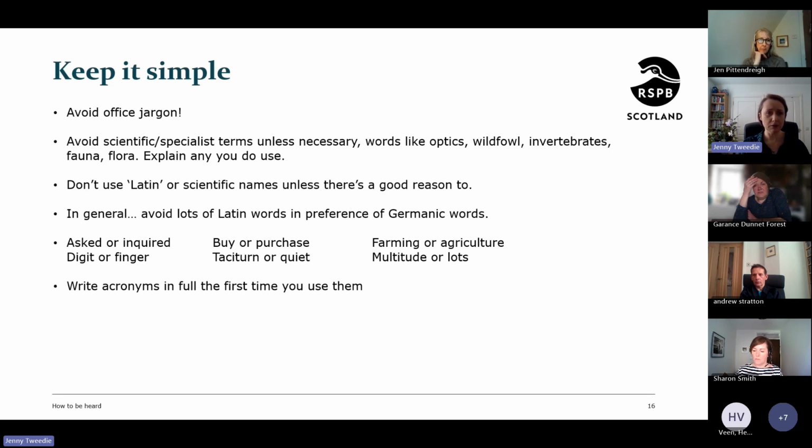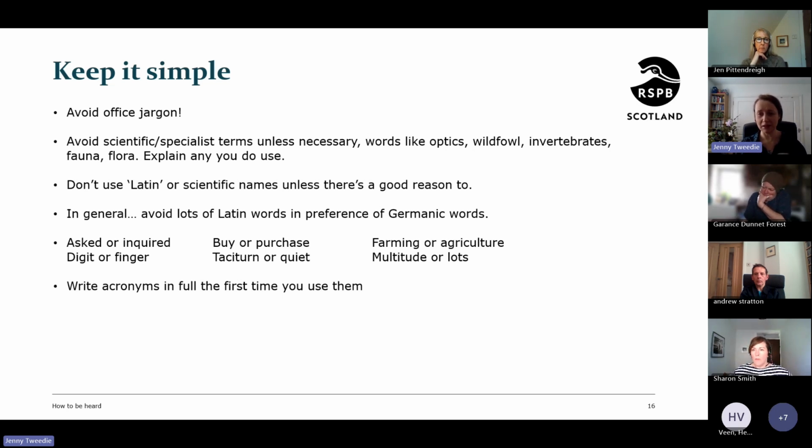So that's all I'm meaning here when I'm talking about Latin words and Germanic words. For example, the term buy comes from a Germanic root, and purchase. Everybody knows what you mean when you say buy and purchase, but actually buy is a better word to use because it's shorter, it's to the point. And that's quite often the case when you're talking. You want to try and use simple words whenever possible.